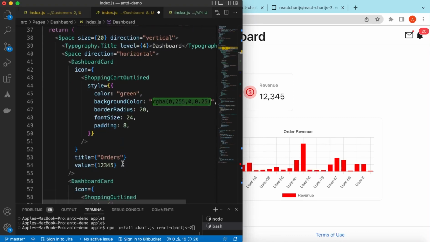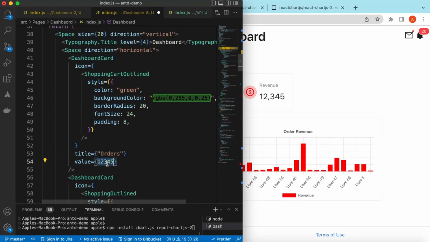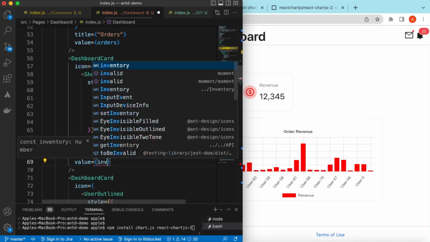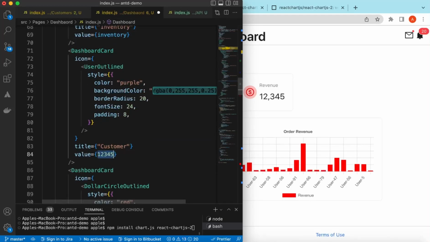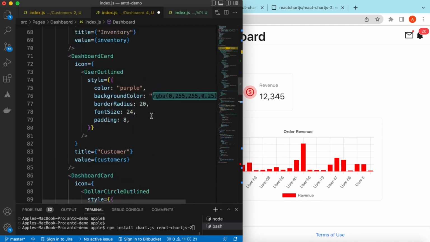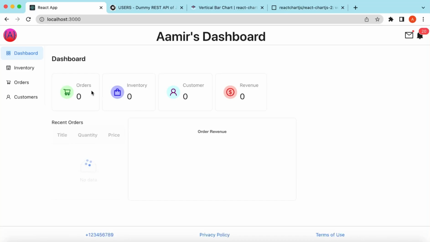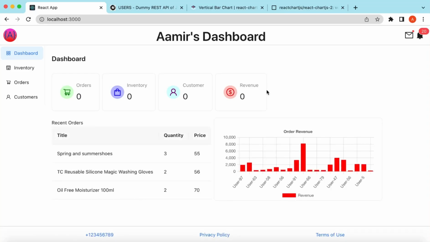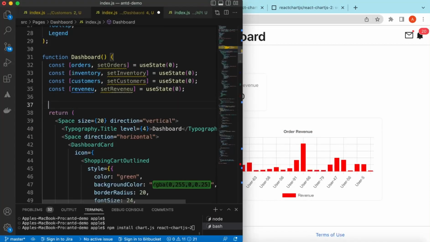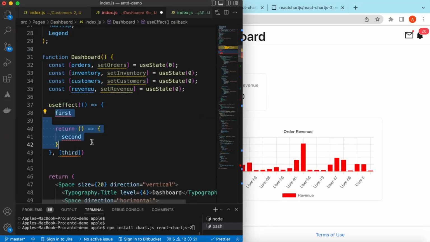Okay, so here where we were passing the value, we will be passing the values we have here. So these are the orders, and this is equal to the inventory, and this is equal to the customers, and this is equal to the revenue, right? Okay, and if I save it, it should show 0, as expected. Okay, so here inside the useEffect, we will be